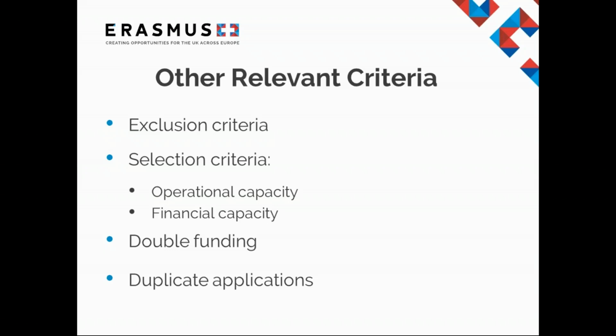In terms of financial capacity, as you know, Erasmus Plus projects are co-funded, and Erasmus Plus grants may not cover all costs. Project must be delivered and reported using only a pre-financing payment or an advance. Therefore, applicants must have stable and sufficient sources of funding to complete the project. The UK National Agency doesn't complete a financial capacity check on public bodies and international organizations, or where the grant request doesn't exceed